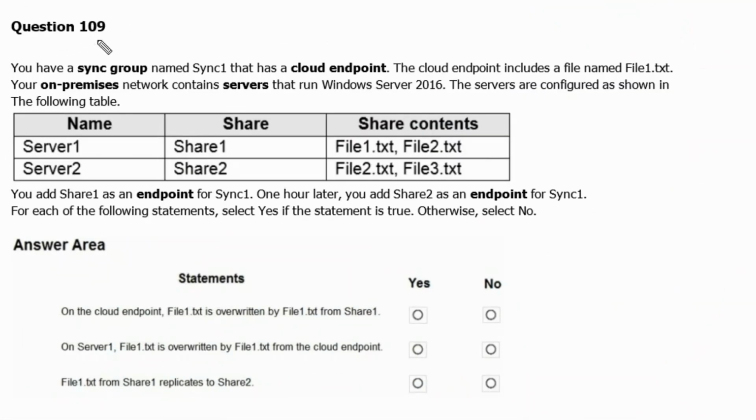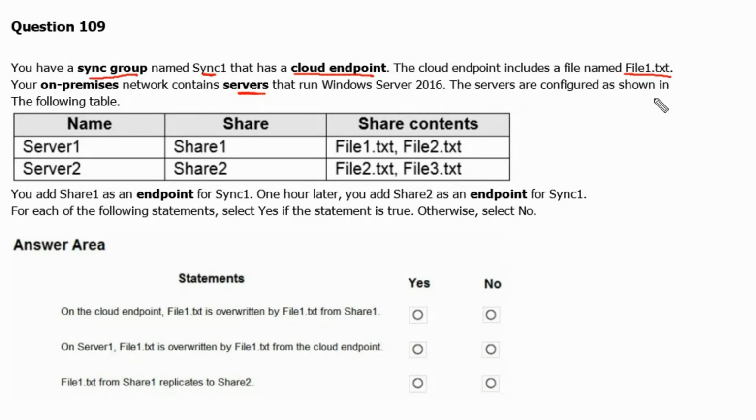Question 109. You have a sync group named sync1 that has a cloud endpoint. The cloud endpoint includes a file named file1.txt. Your on-premises network contains servers that run Windows Server 2016.